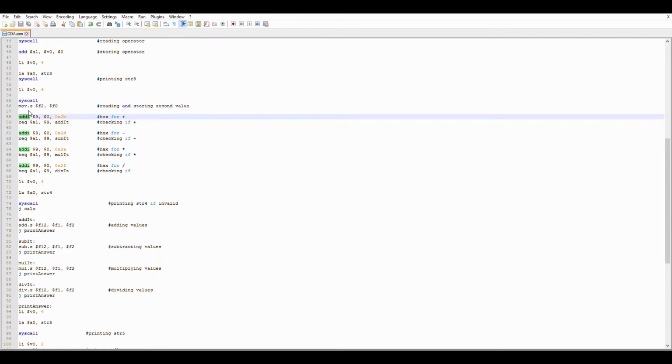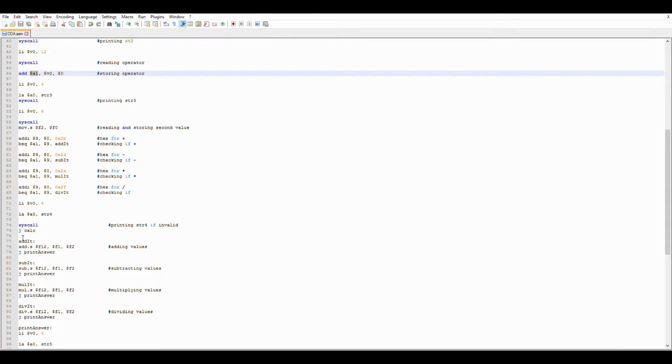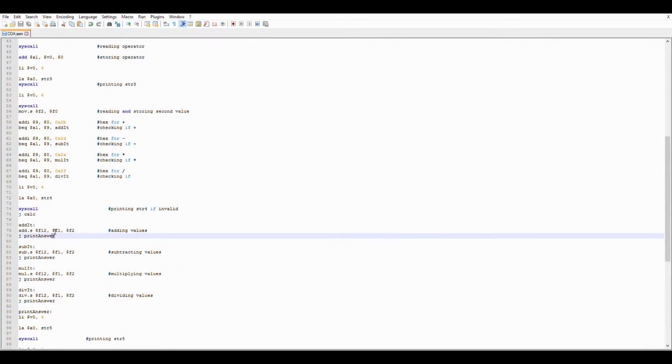Alright, so the add function here will add register 0 and the hexadecimal conversion into register 9, and the BEQ line here will compare whether register 9 is equal to the stored operator that the user input. If it's true, it will jump to the corresponding function. If it's correct here, it will jump here, then do the instruction below, and after doing the instruction,